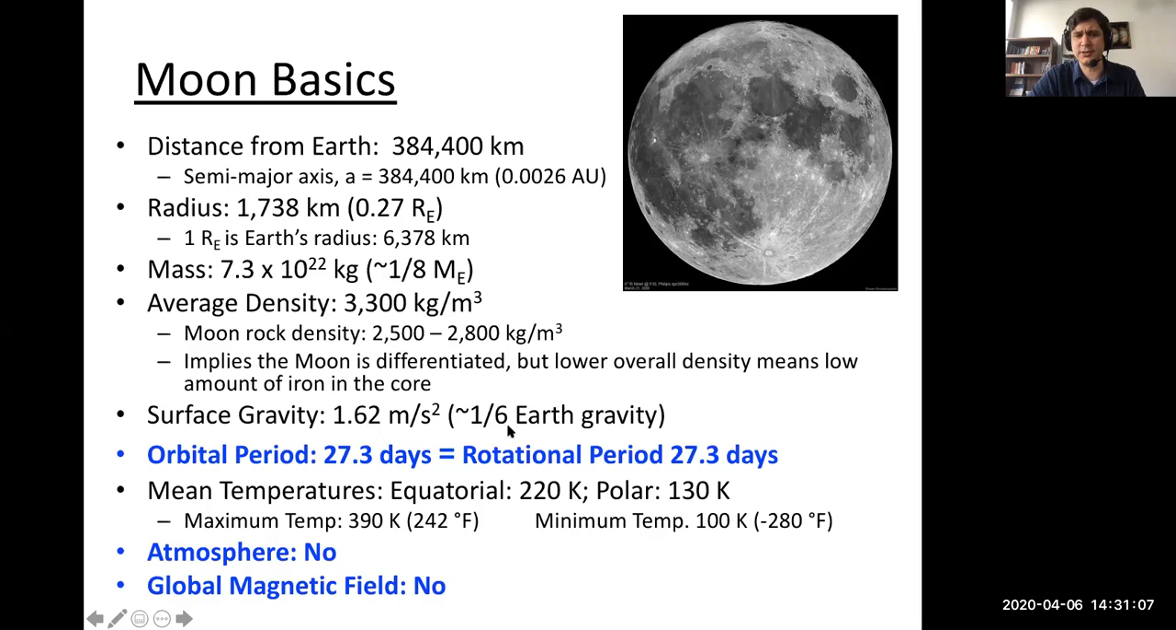That doesn't mean a whole lot to you. So that puts it at about 1/6 Earth's gravity, about 0.17 G, 17% of Earth's gravity. So yes, you can jump high on the moon. And in fact, this low surface gravity made it really kind of hard for the astronauts to move around on